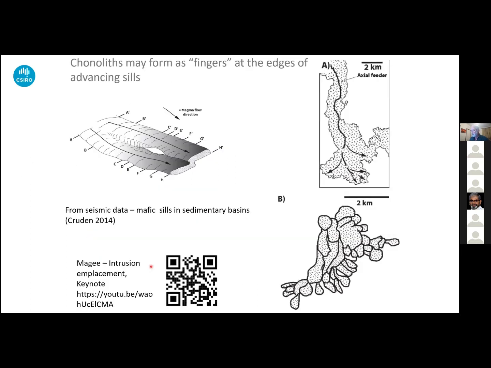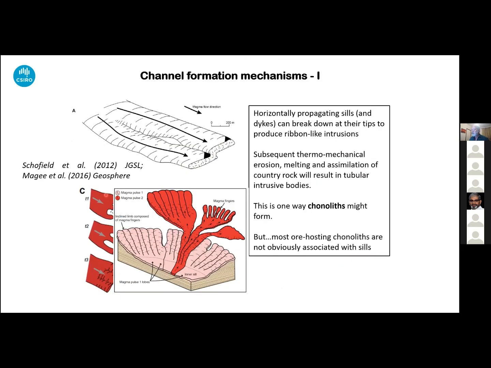And just incidentally, that link there is to the talk by Craig McGee, Intrusion and Placement. That was the keynote talk for the Nickel conference we ran a couple of years ago. That's still available on YouTube. And this is another cartoon from one of those diagrams showing how these things might conceivably develop